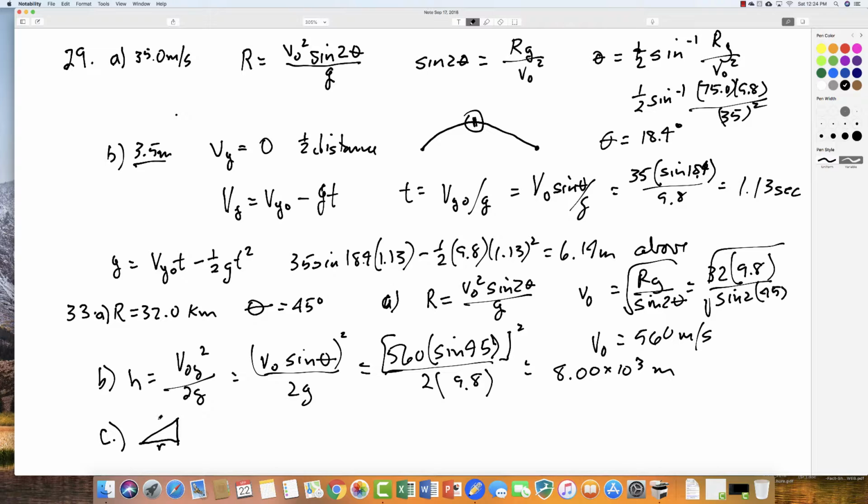this is the radius of the Earth, this is x, which is the distance from where the shell goes. If the shell's fired from here, it goes from here to here, and this is the angle alpha. Now, this little arc here is the arc of the Earth that's subtended by alpha. Now, in order to find out what alpha is, you have to take the 32.0 kilometers and divide that by the radius of the Earth, which was given in the problem, and then to realize that that